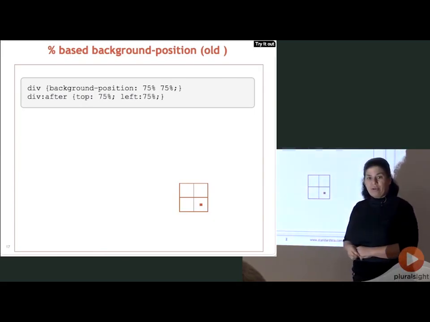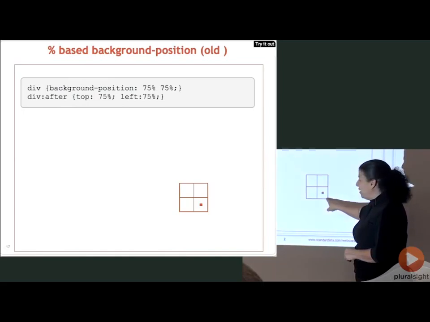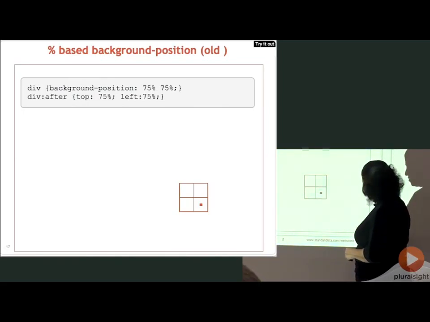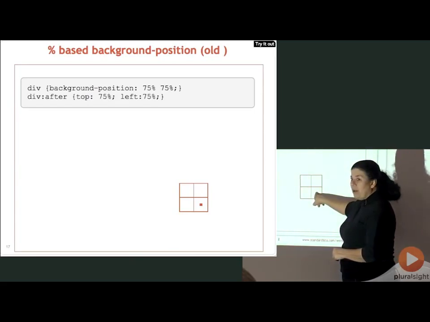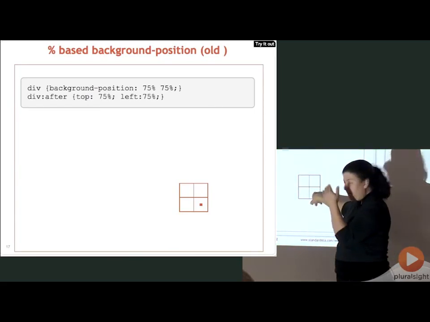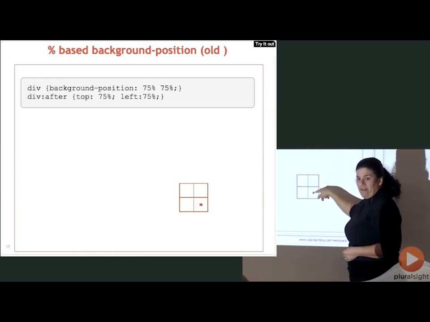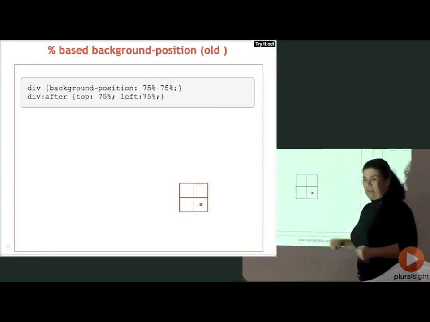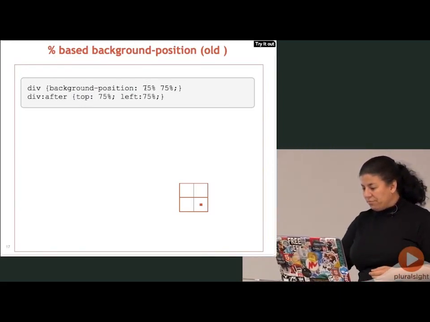Because if it was 100% by 100%, it would be down here. Because it would be this spot right here that's positioned in the bottom right corner. And so it's this spot right here, which is 75% inside my div, 75% from the top, 75% from the left, that is actually positioned 75% from the top and 75% from the left. Does that make sense to people? I'll show you, I'll change this around just to,